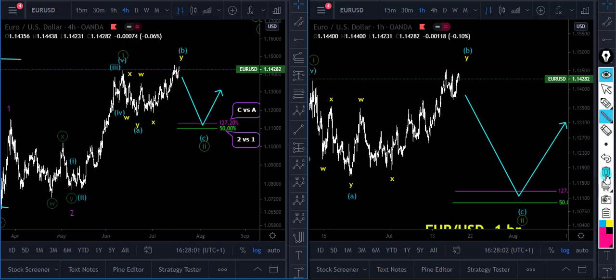On the 1-hour time frame at this level, you can join. Now we are seeing a WXY. So you can join these levels with a trend line and wait for a break below the trend line. Price can be pushing a little higher